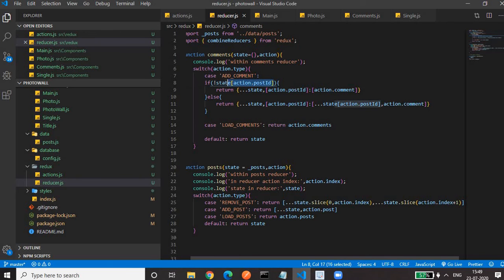If this array is undefined, we have to add an array. If it is not undefined, then the else block will add new data to that corresponding array. So this is all we have covered in day 4, that's why not covering that much.